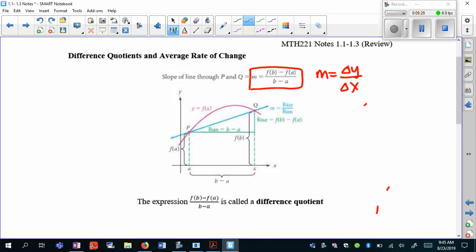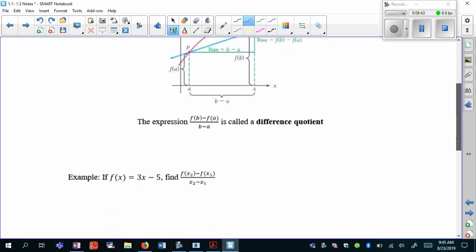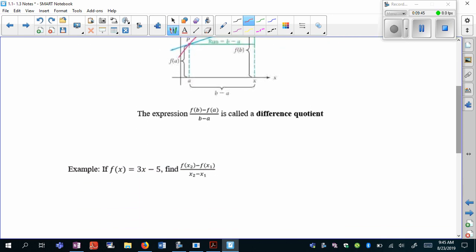But if I say find the average rate of change between point P and Q, you're really finding the slope of the line that connects them. That's really what you're doing. So we also call this the difference quotient. So what we're going to do is just try this example. And like I said, you're going to see more of this later with the difference quotient and how it plays an important role in calculus. But for right now, I just wanted to